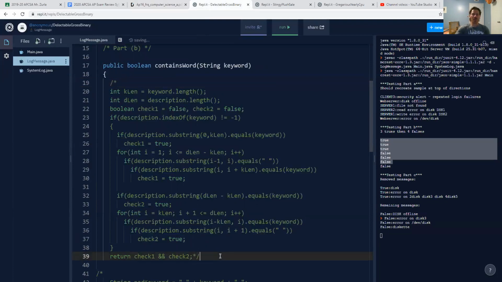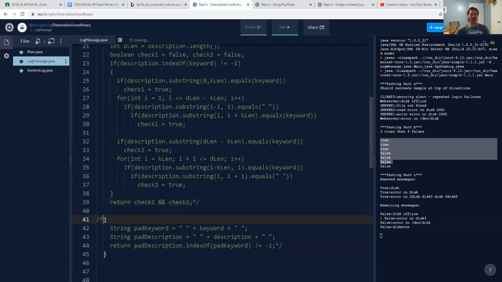this problem. Okay, so something called string padding, which we discussed and did with some Java bats, but I don't know if you remember or not. But yeah, to pad the string, we'll concatenate spaces on both ends of it. This is going to force us to find the string in isolation. There will never be a slash in front of it. There will never be a 3 appended to the end. It will never be part of the word diskette because we're saying there has to be a space on both